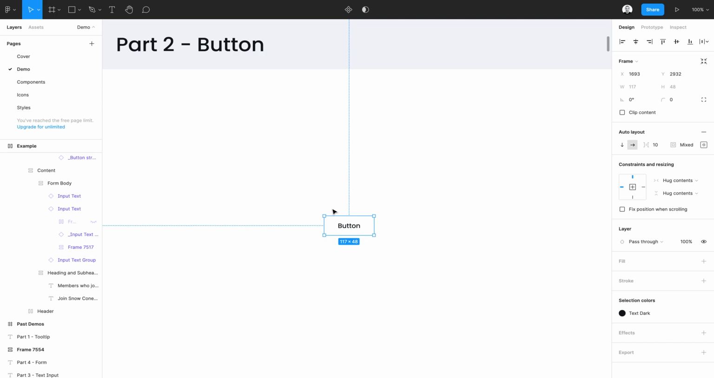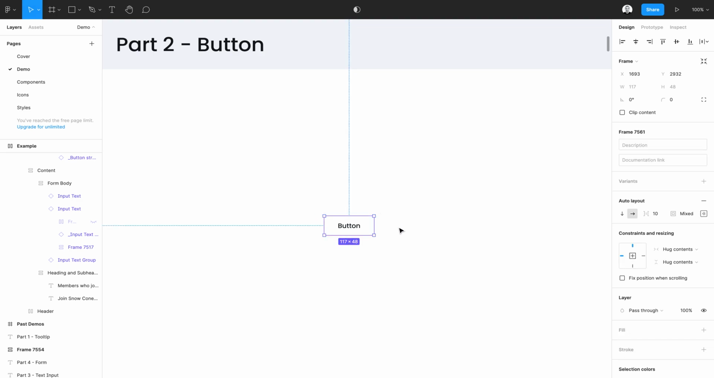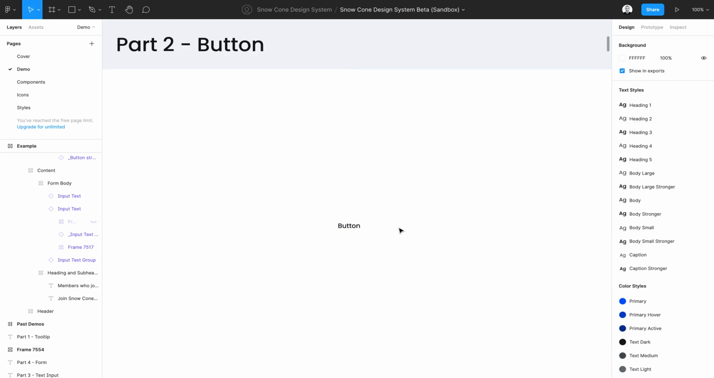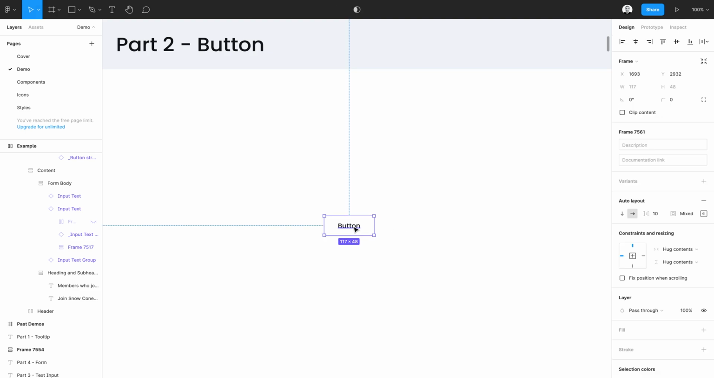Now we've created our button structure. I'm going to go ahead and create a component out of this. So I did that by clicking the keyboard shortcut Command-Option-K. And now I'm going to go ahead and rename this frame to